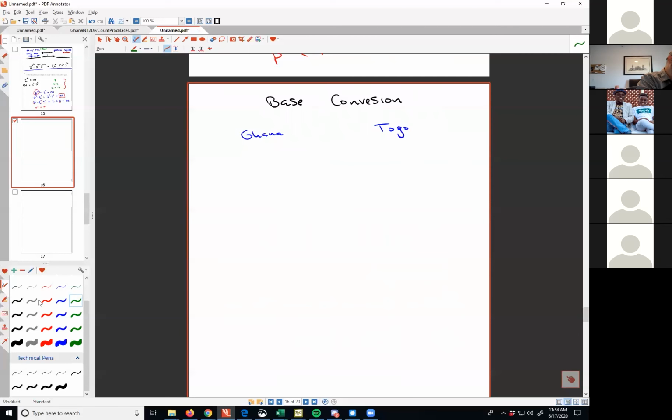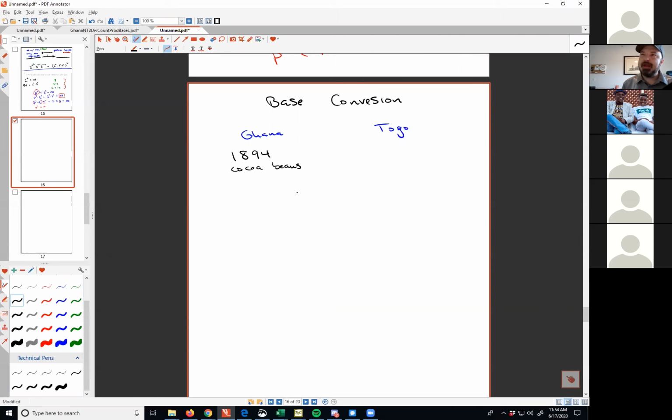Okay. Let's say that we have some exact number of cocoa beans, and let's say that in Ghana, you use base 10, and you have 1,894 cocoa beans. But let's say they do something weird in Togo. For some reason, they count in eighths, and they do everything that way. And so